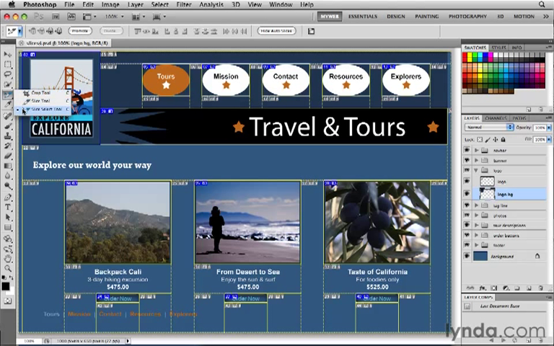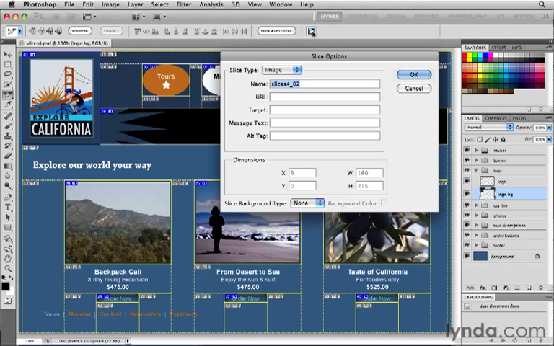I'll get the Slice Select tool from the toolbox to show you how I would name one of my user slices. I'm going to click on the slice around the Explore California logo, and then I'll go up to the Slice Select tool options bar and click this icon, and that opens Slice Options. Notice that the name currently is Slices 402, which is taken from the file name and from the slice number. When I save out this image and generate a GIF from this particular slice, the name of that GIF will be